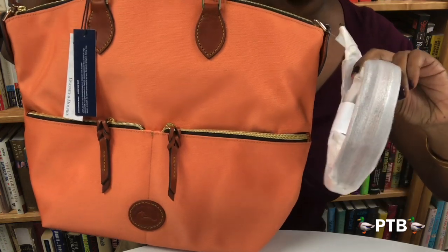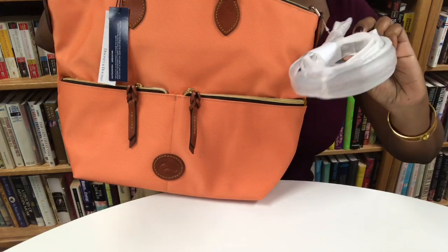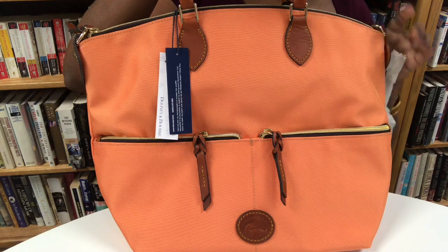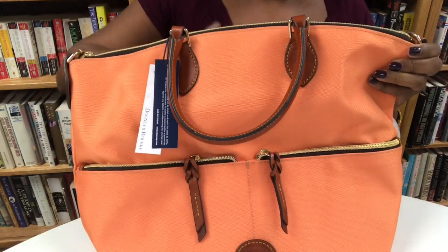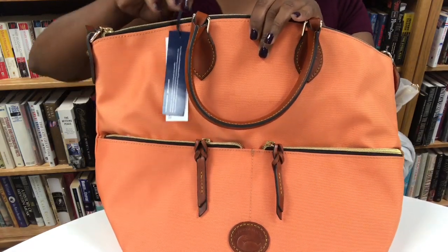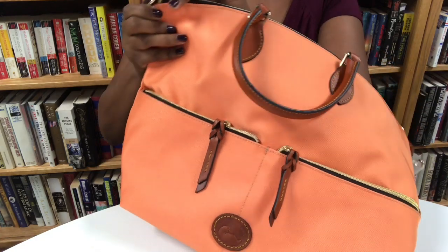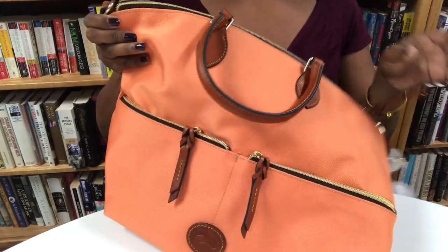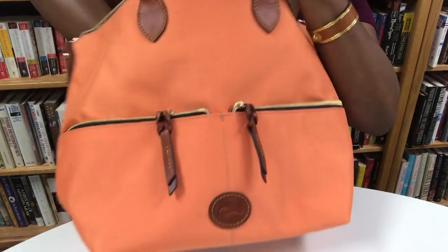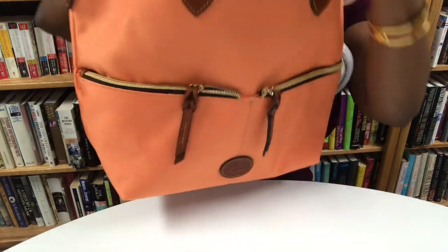And she does have a crossbody strap here, and I think this is one that can be made into a short shoulder. I don't own this style of bag, so I am not really sure. This is actually a style that I have been looking at and trying on every single time I go to the outlet. I love the look of it, but I wasn't quite sure how functional it would be for me. But you guys, this is a huge